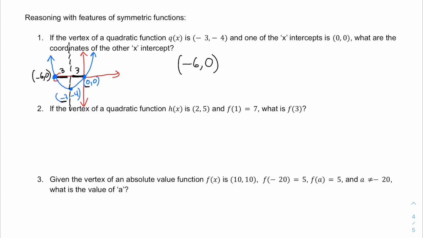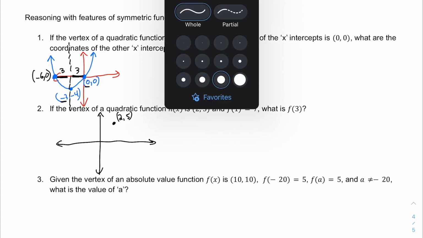Second example, if the vertex of the quadratic function h of x is 2, 5 and f of 1 is 7, what is f of 3? Same idea, let's draw this to help visualize. Vertex is at 2, 5, so let's call that summit up here. Okay, f of 1 is equal to 7. Okay, so that's actually going to be above this, so let me modify my drawing